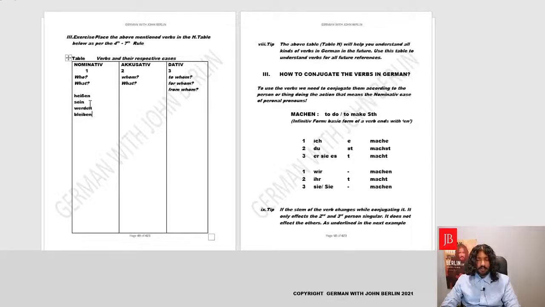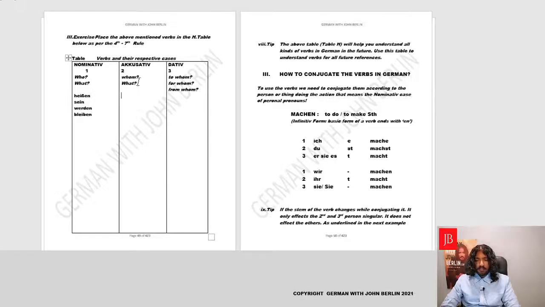All the German verbs, you'll notice they end with en, except for one which we already wrote down, that is sein. So there are just a couple of exceptions. Otherwise, always en will be at the end of each German verb in its basic form. Perfect. So here are the 4 verbs.